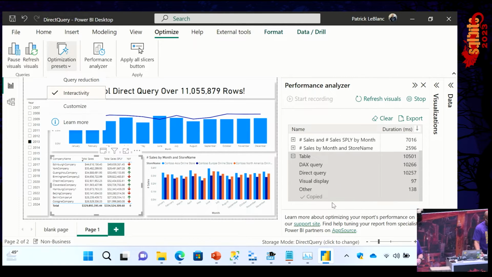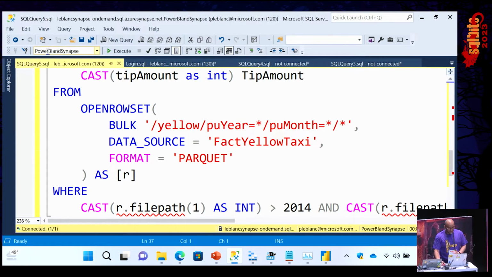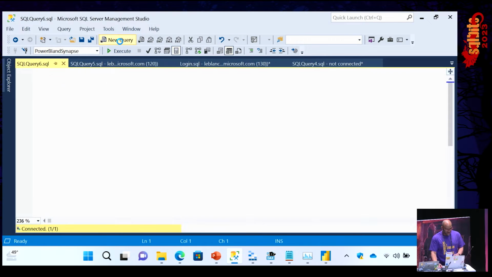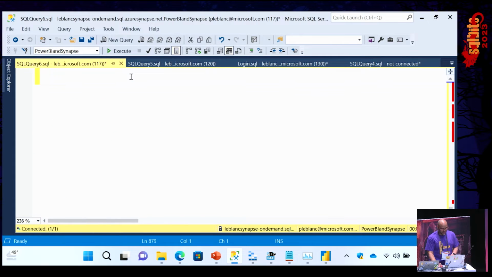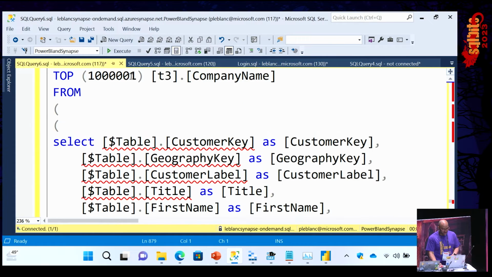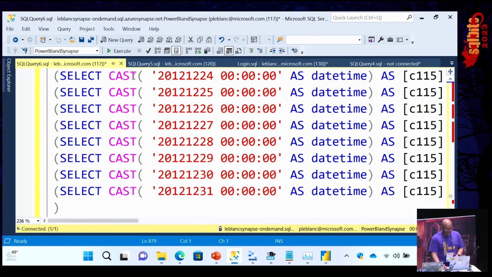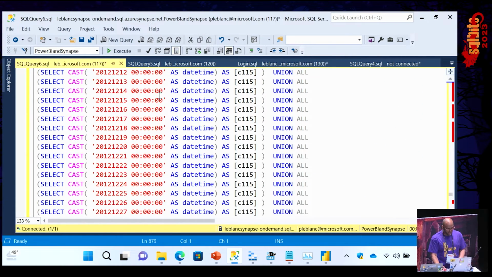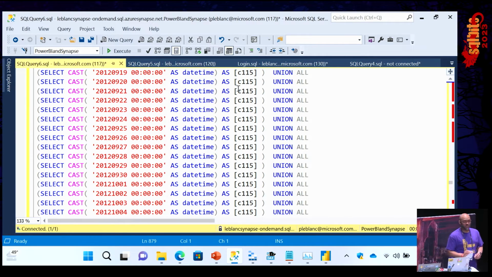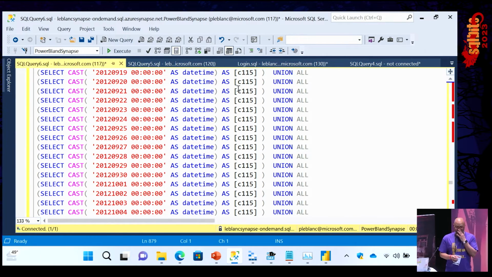Okay, and so if I copy this query and go over to Management Studio, just a word of caution, if you're in DirectQuery mode, and I know when Power BI first came out, everyone complained because there were so many limitations on what Power BI could do with DirectQuery. If you look here and you see all those dates, you're like, what is this? French toast. What is it? And if you look over here, it's just so long. That looks like a query Patrick would write. Maybe.